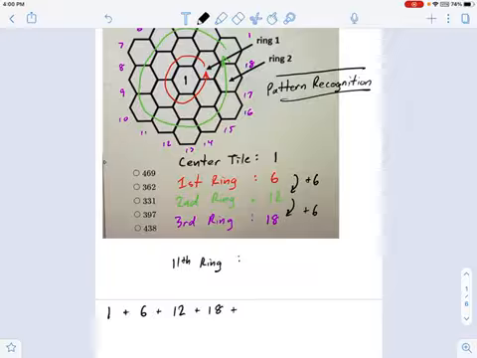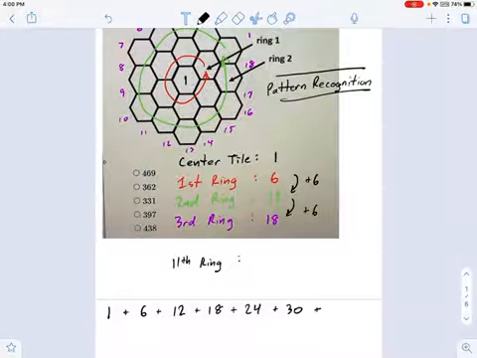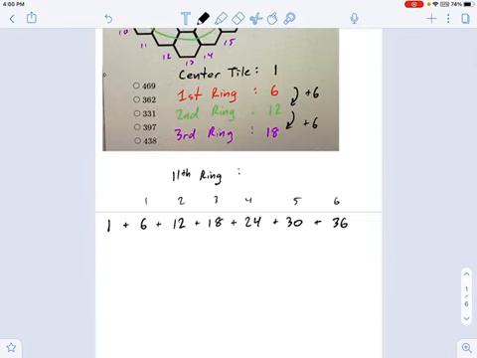18 plus 6, that's going to be 24 right there. And then plus 6, that's going to be 30. Plus 6, that's going to be 36. So let's see, 1, 2, 3, 4, 5. I'm only 6 rings out. There's more rings to go. 7, 8, 9, 10, and 11. In the 7th ring, I have 42 tiles. In the 8th ring, I have 48. 9th ring, 54, 60 in the 10th, and 66 tiles in the 11th ring.